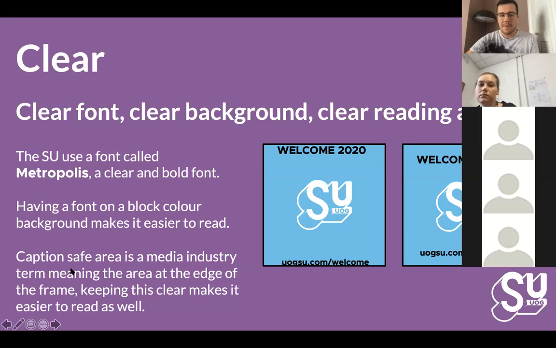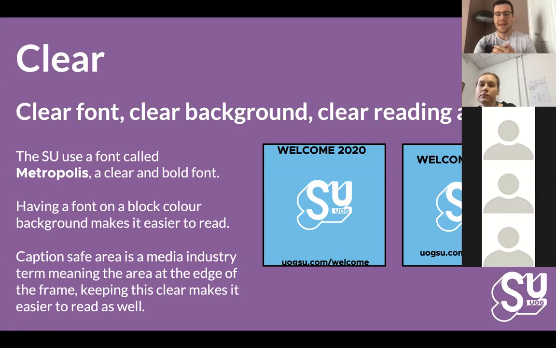Also, I've talked a bit about font on block colors. When you've got a gradient, or a really energetic background, it might be harder to read certain fonts on that background. So try and make sure that if you have got a colorful background that's going between all different colors, and it is harder to read a white or a black font, then think about putting boxes around it, kind of having that layer. And I'll talk a bit about layers in a second.